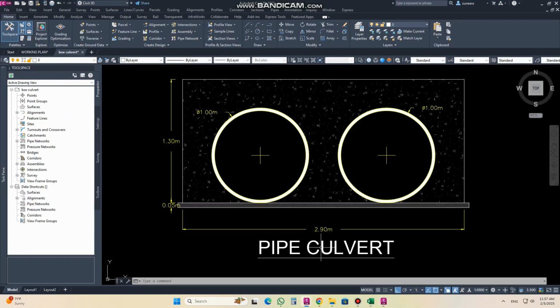Today's video is about the pipe culvert. The previous video was about the box culvert. In today's video you can see we have two pipes with the width of 2.9 meter, and the lean concrete,